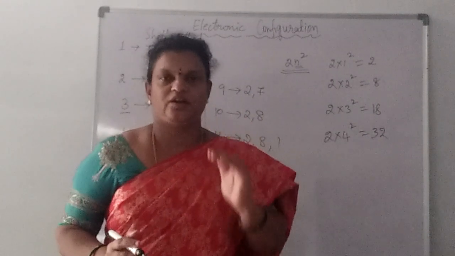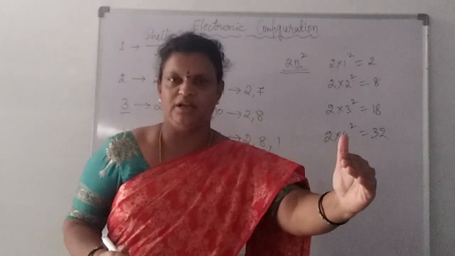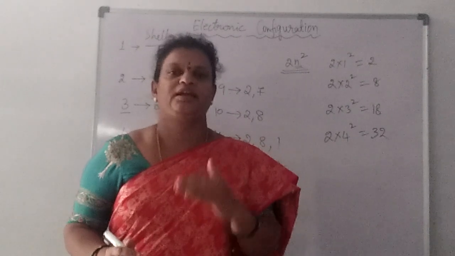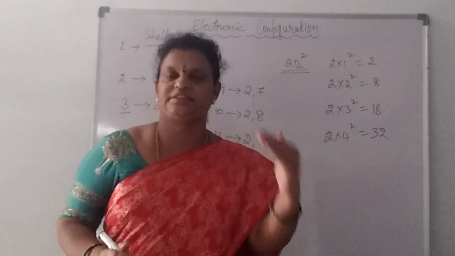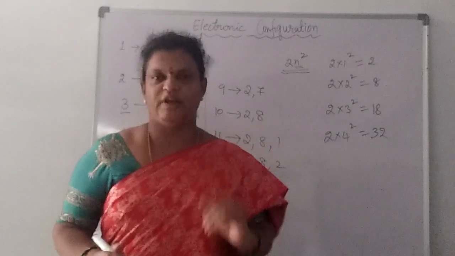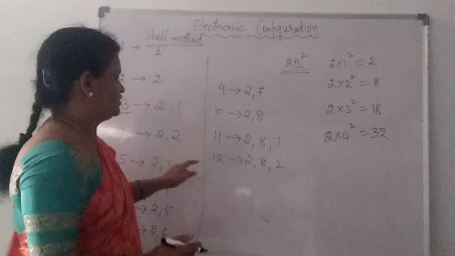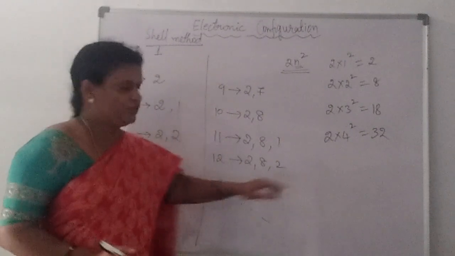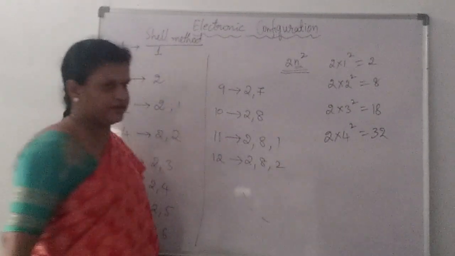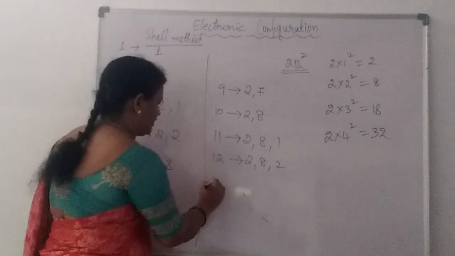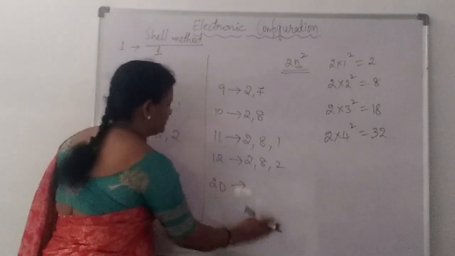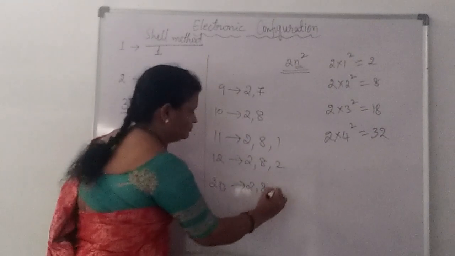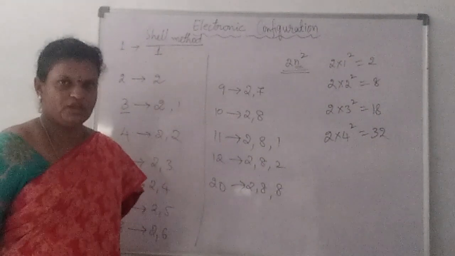If an electron wants to enter into the ultimate shell, the penultimate shell, the one before it, should be filled with 8 electrons compulsorily. Then only the next electron will enter into the ultimate shell, right? So here, for atomic number 12, we have written 2, 8, 2. If you go to 13, we will write 2, 8, 3. Like that, if you take atomic number 20, what will we write here? 2, 8, 8 completed. Next 2, right?